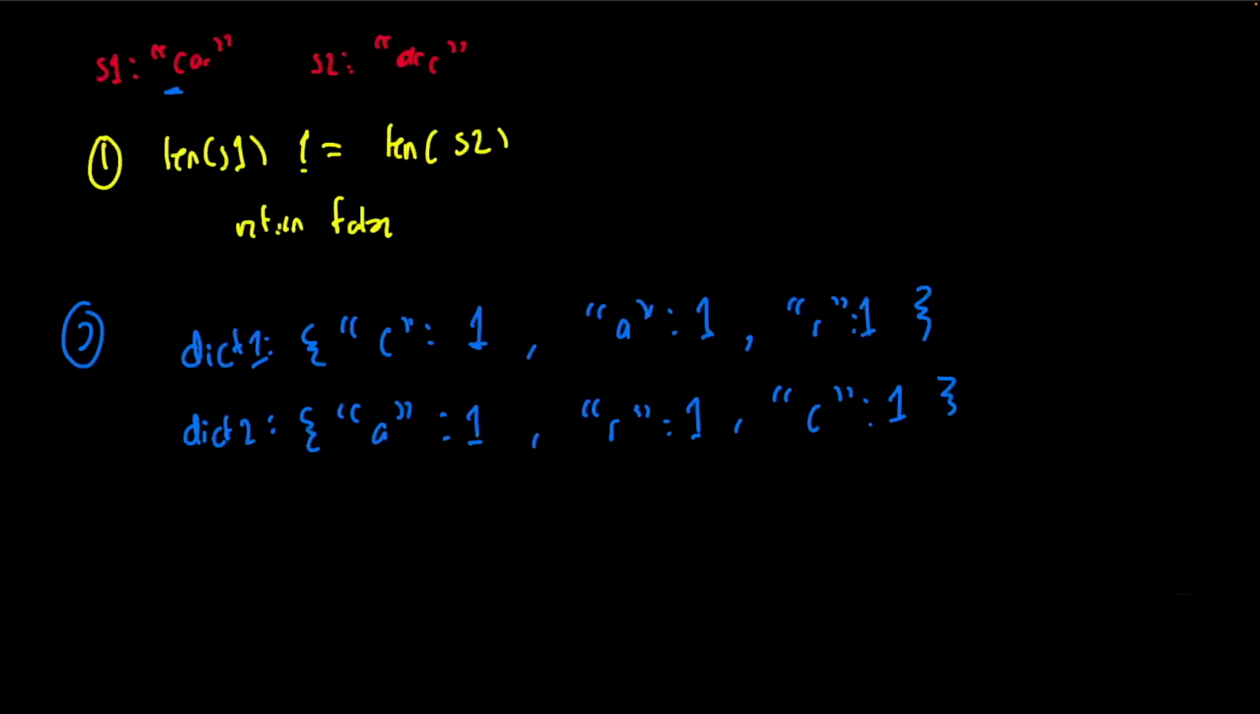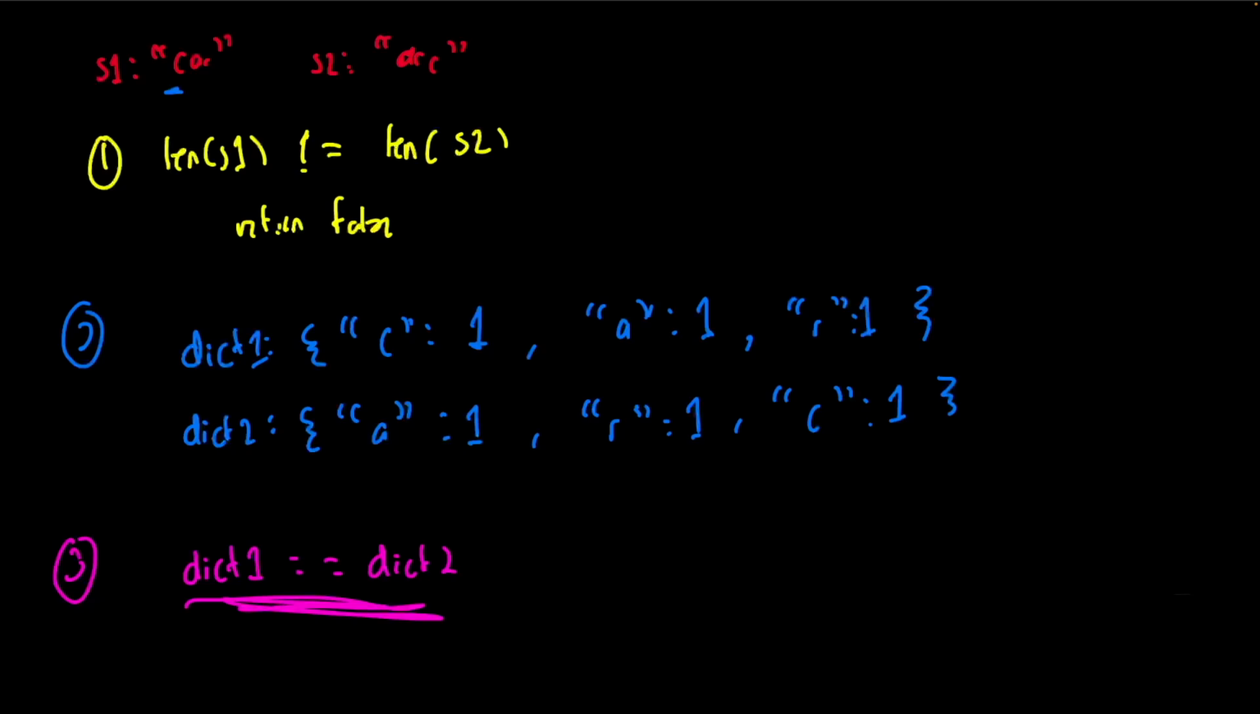So the very last step is we're going to compare dictionary 1 and dictionary 2, and we want to see if they're equal to each other. The reason why we're doing this is if they both have the same characters and the same count of each character, then that means they must be anagrams. So the way that this